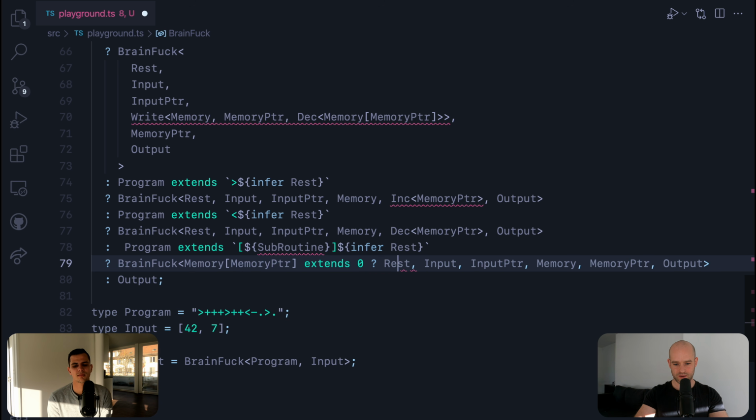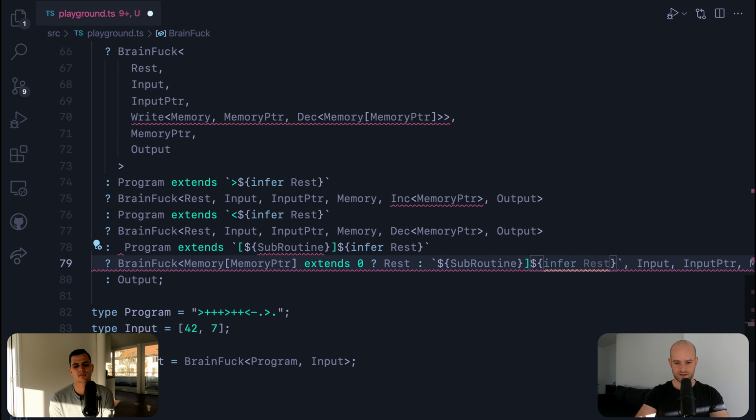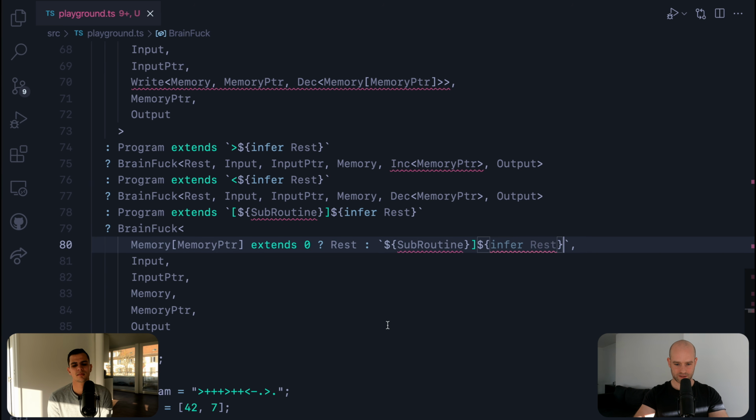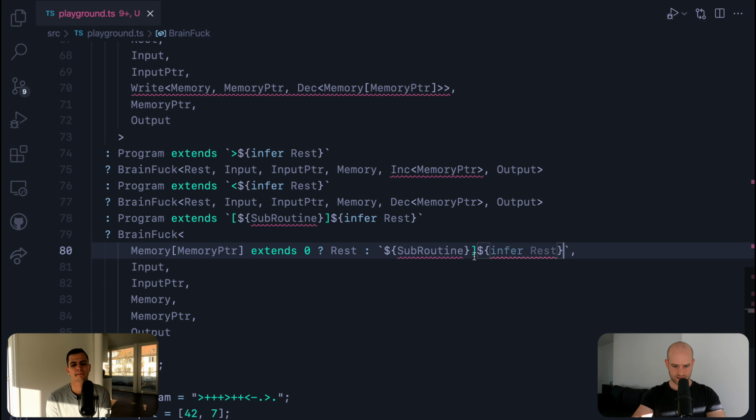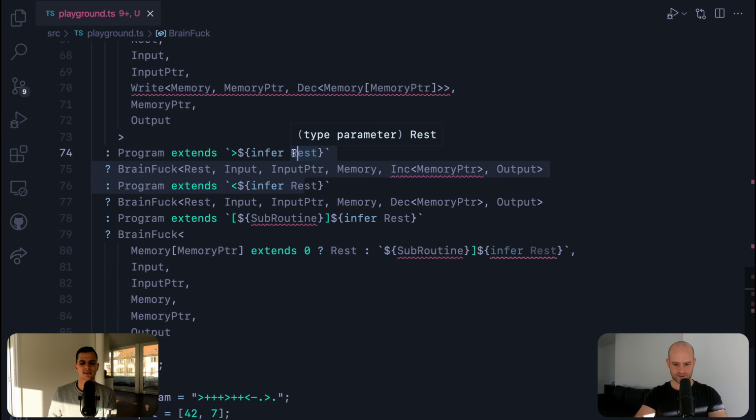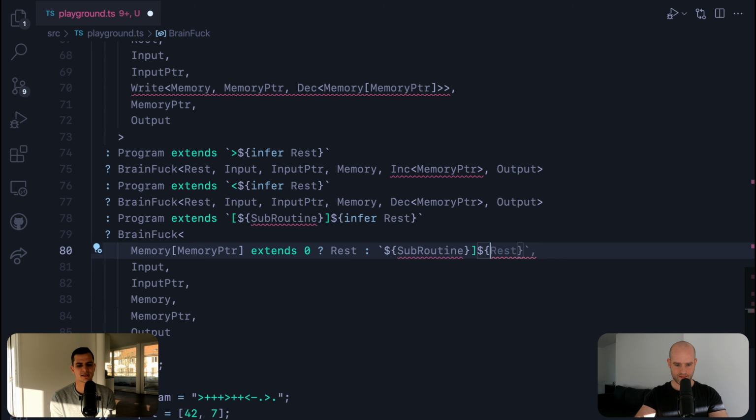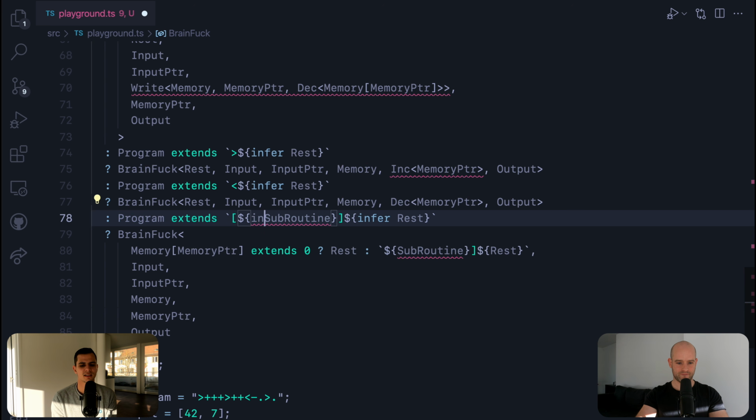We skip the loop. If not, we need to execute this whole subroutine, which is here. Yeah, that looks correct. Sorry, subroutine is not yet defined. Infer, yeah, sorry. Okay. Oops, sorry.